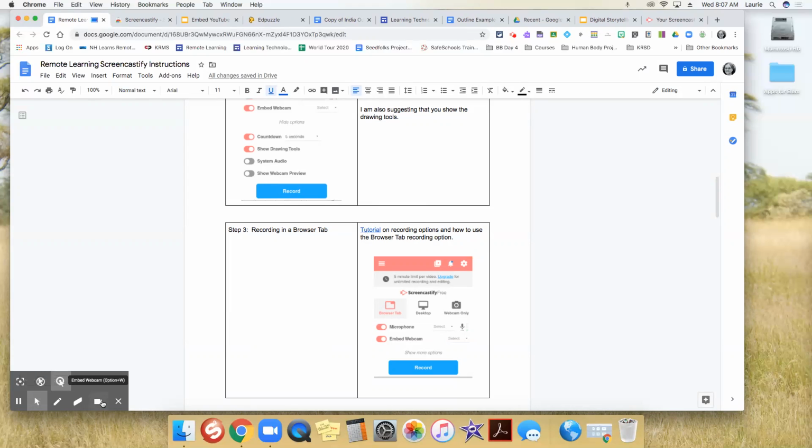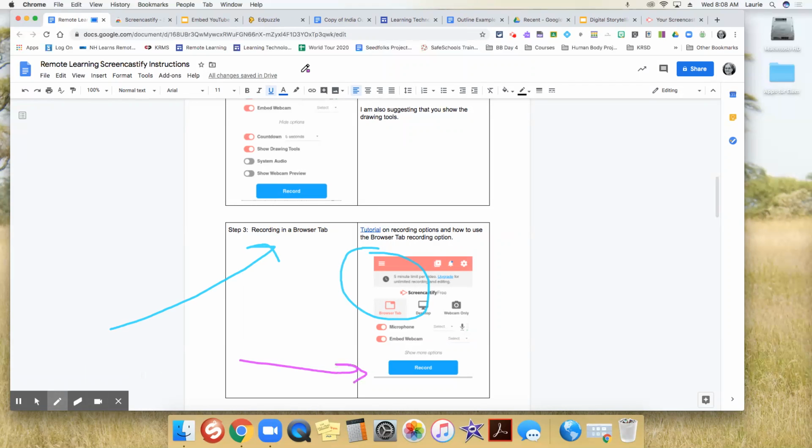Down here in the left-hand column, you're going to see my tools. I have a pencil, and I can take a colored pencil and draw an arrow to what I'm talking about. I can circle something so that as I'm walking through the assignment that I want the student to do, I can explain, this is the part that you're looking for. Here's the menu where you change your font. Down here, I can also just have a mouse pointer.